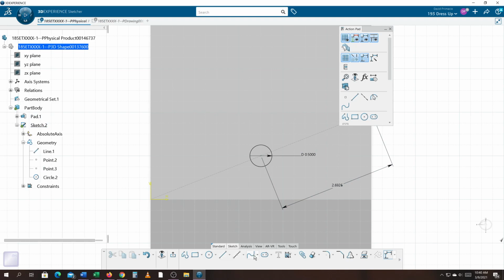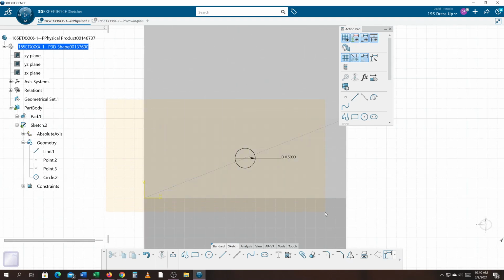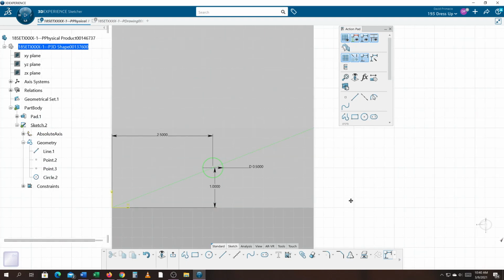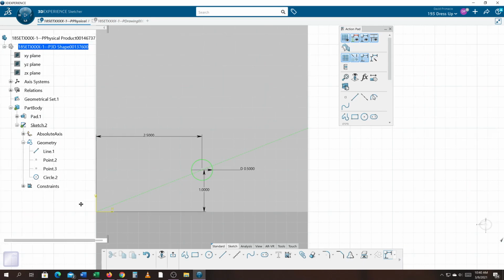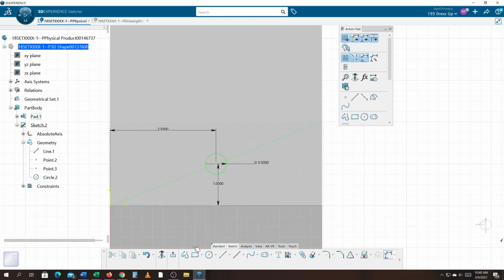Technically I have to dimension this, so I think what I'll do is delete this, and I'm just going to highlight the circle with the axis and hit auto constrain and say okay, and it should automatically dimension everything off of the axis, that local axis system. Okay, this is green. Now what I'm worried about is when I do a sketch analysis,